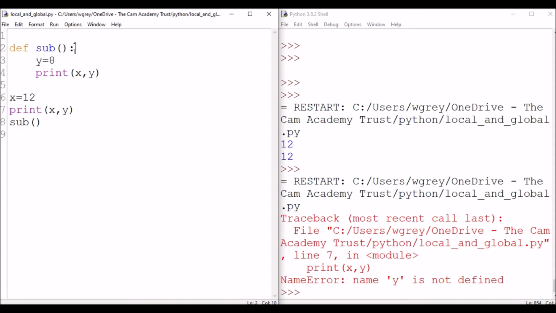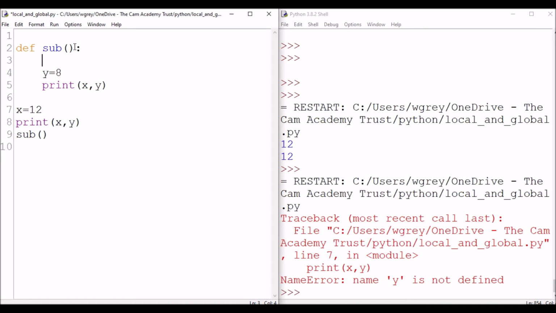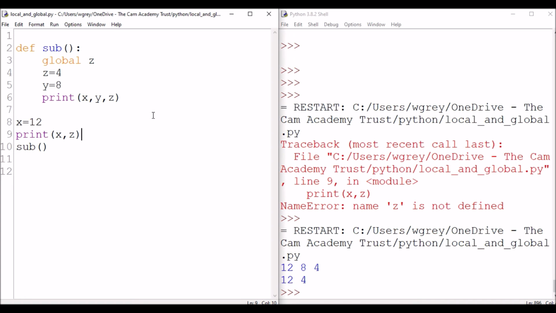What we can do, if we wish, is create global variables within our subroutines, and we can do that by using global. And let's say we create a new variable called z, and let's do z equals 4, and then we're able to access it from outside of that subroutine. So if I now do z there and print x, y, z there,